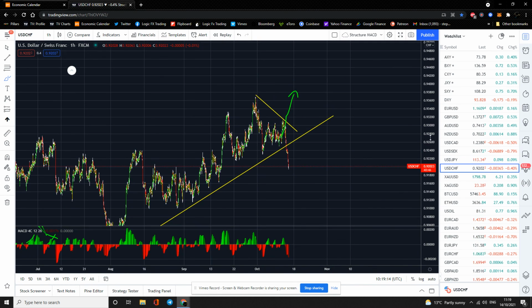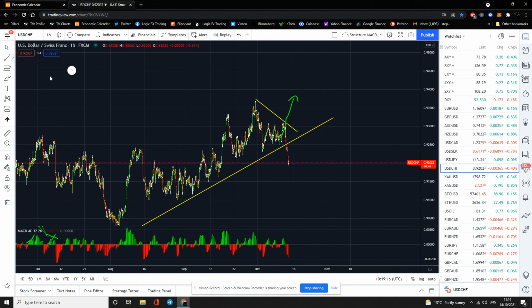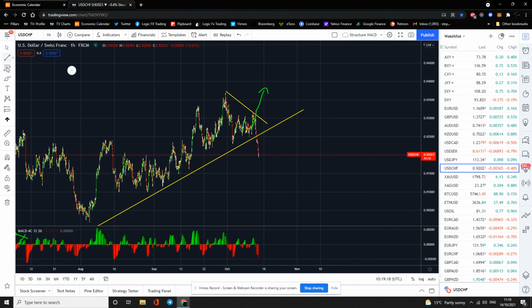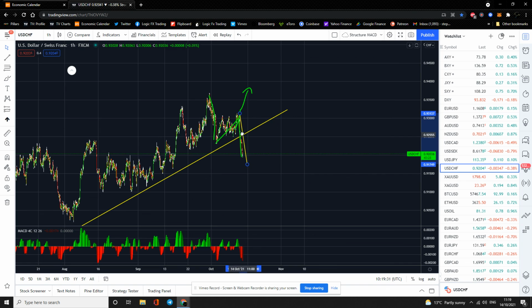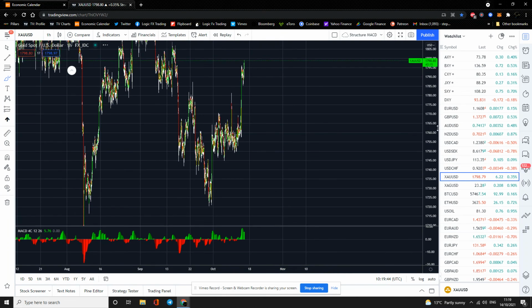US Swiss, now look at that move. Yet again, guys, is it a zigzag? And is it complete? Let's just take this. Move it over there. It's pretty close. This could taper off here and continue the march on up, guys. Let's see. Gold, well,